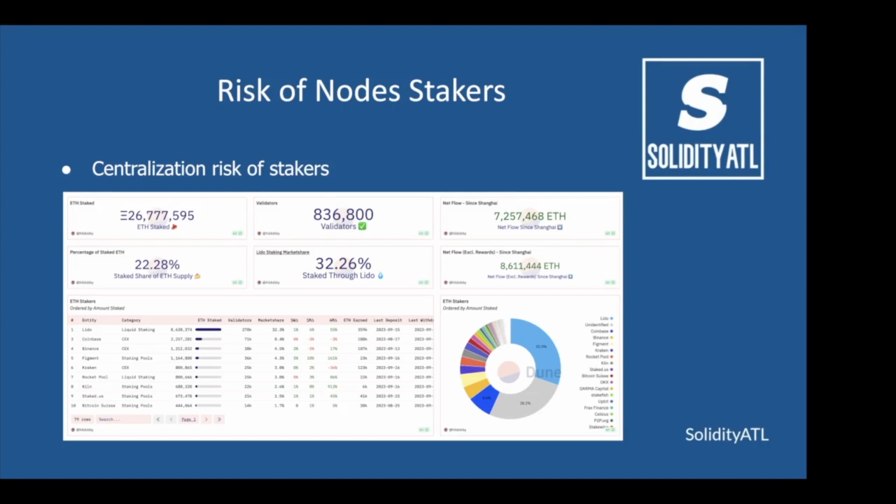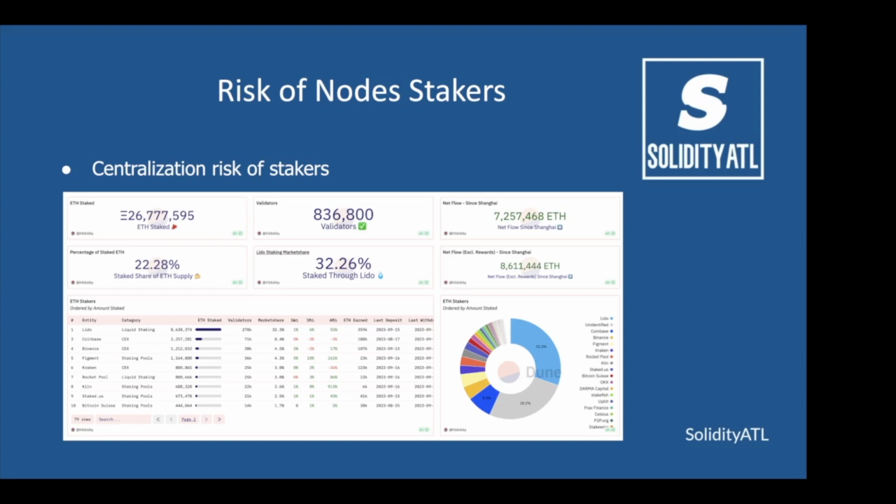Another centralization risk on proof of stake chains that we slightly touched on in the last session, but return to here, is the centralization of the stakers. So what you're seeing here is a screenshot from a Dune dashboard, which is showing the distribution of Ethereum validator stake and where they're staking.